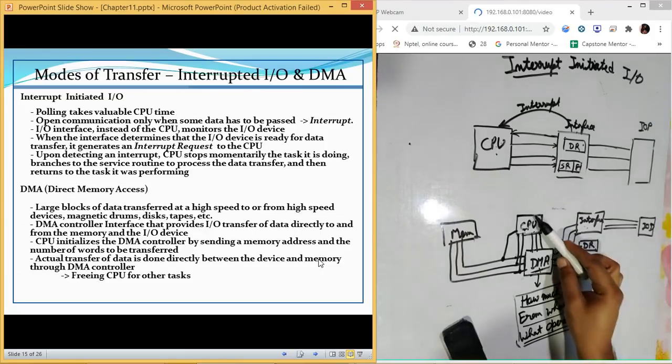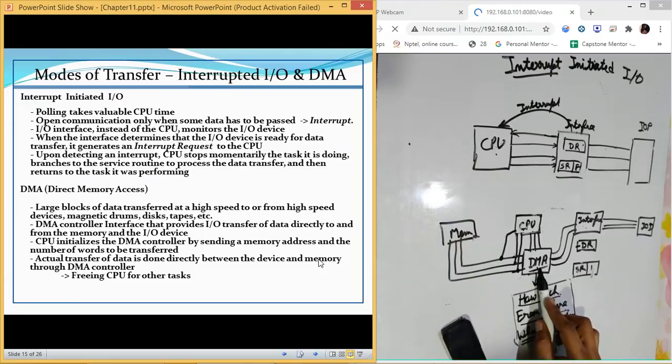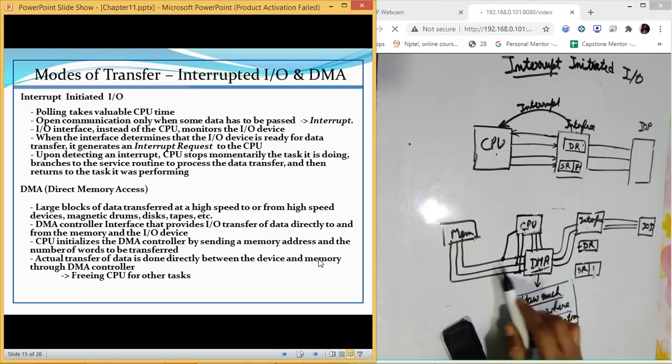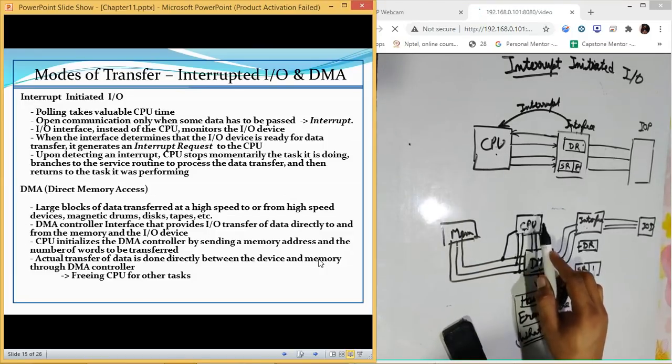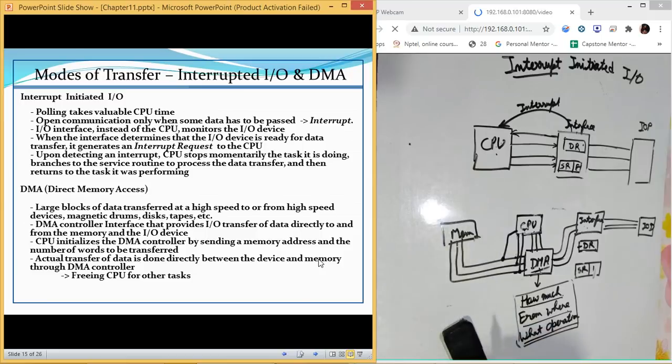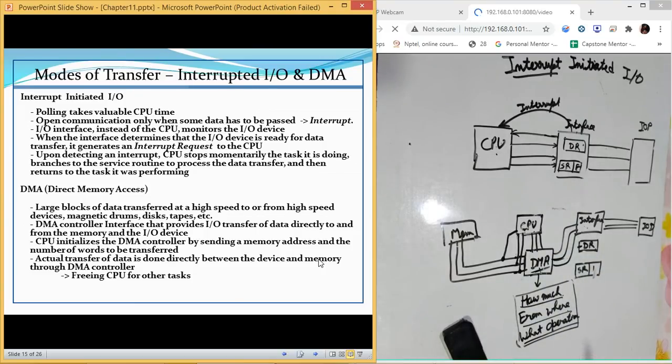So this is how this process works. The CPU is now introduced with a new device known as DMA. This DMA has a connection with memory and with the CPU. CPU also has a connection with memory, and DMA is also connected to the interface. Now, the interface is not going to send any message to the CPU. It will interrupt the DMA. Further, DMA will request the CPU: should I use the memory bus?